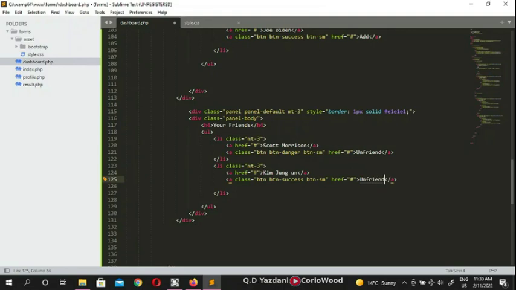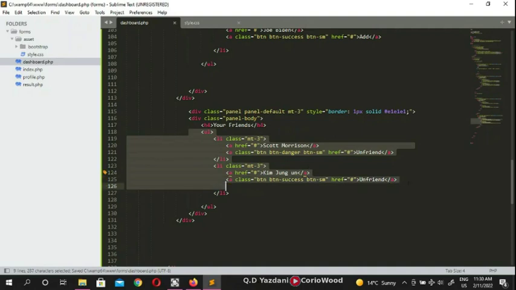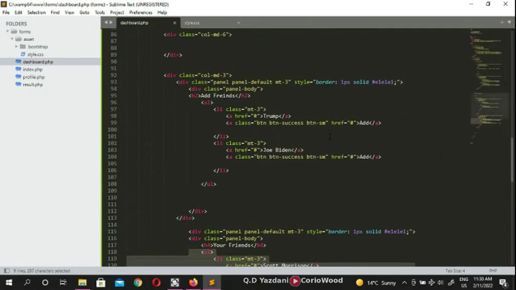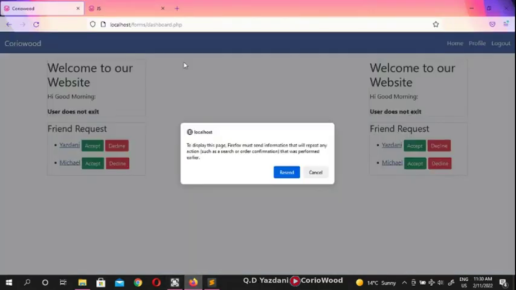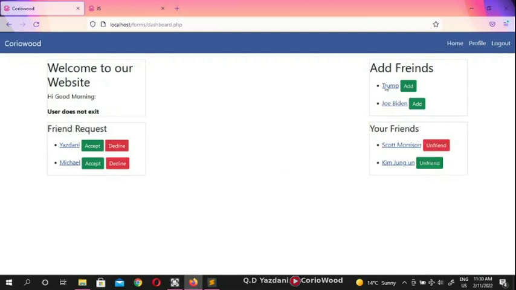Unfriend. Okay, so we have two friends, Scott Morrison and Kim Jong-un, and we have 8 friends. Our 8 friends are Joe Biden. So we're going to check, and you can look here at the 8 friends and your friends. Here we have the friend request and the welcome to our website, where the user's name is going to be, and here all the friends. Now we're going to come to the second bit, and we're going to put our post